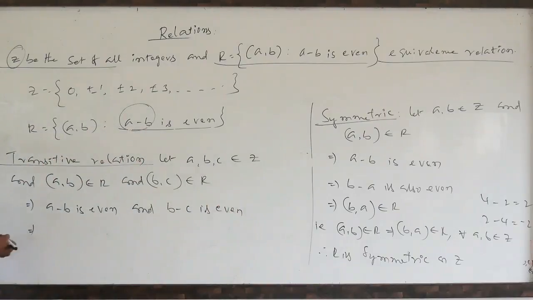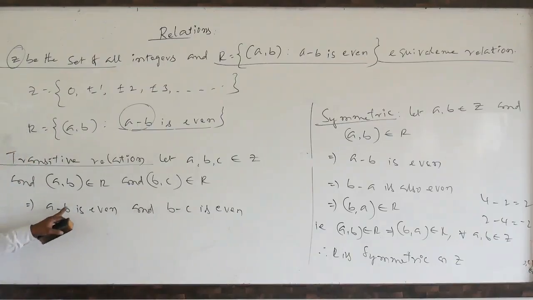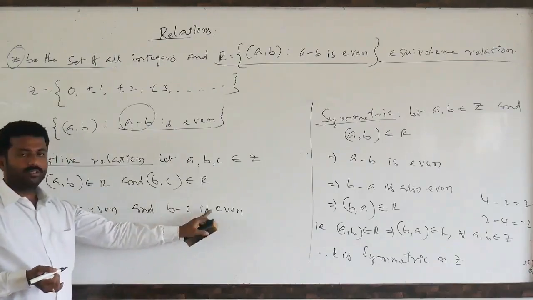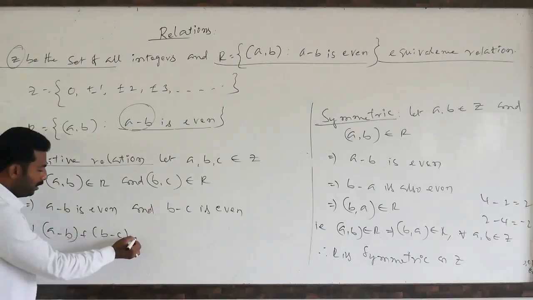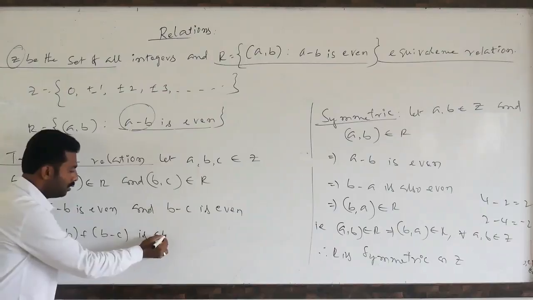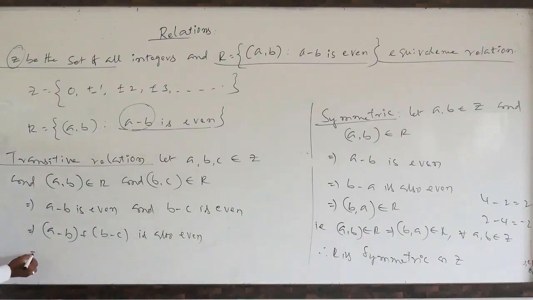Both we are adding, A minus B and B minus C. The sum of two even numbers is also an even number. So A minus B plus B minus C is also an even number. So A minus C